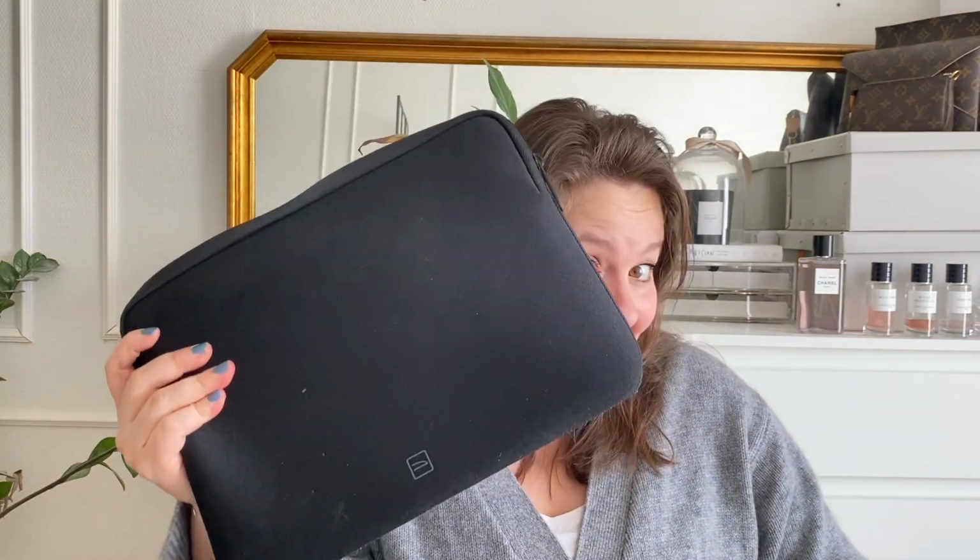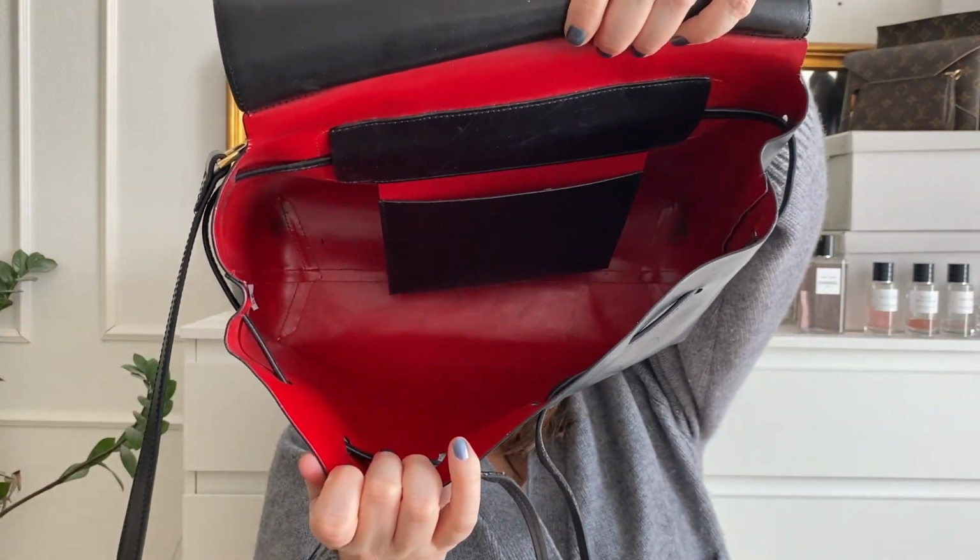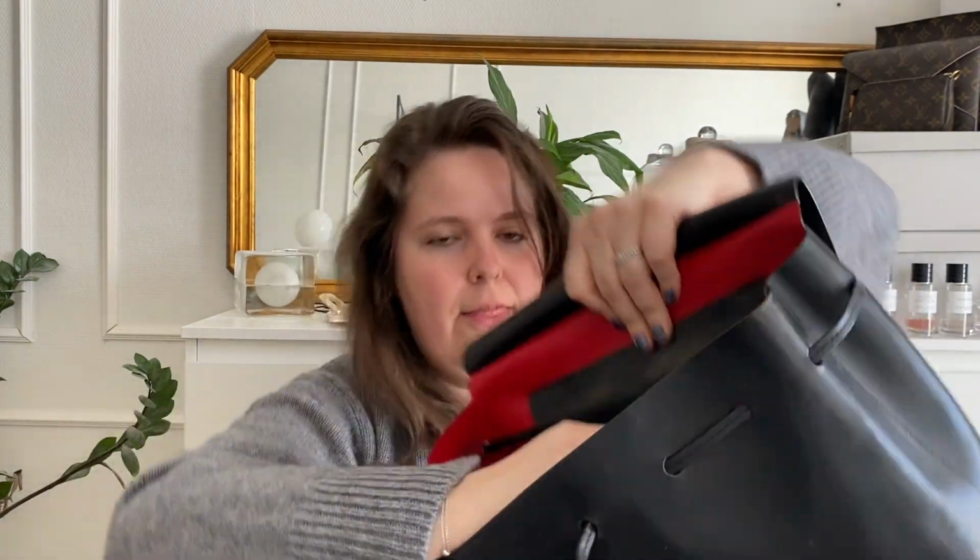But what I currently have in here is my laptop case with my MacBook 13-inch with a case. I have my regular glasses and then all of this lovely things of like cords and such. And this is what it looks like on the inside. On the back there is one pocket over here, what you can use for whatever. And that's it. So this will not fit my gym stuff or like bigger items,